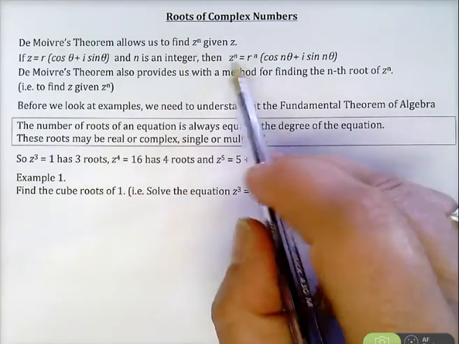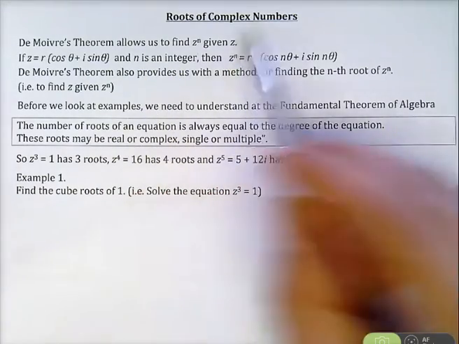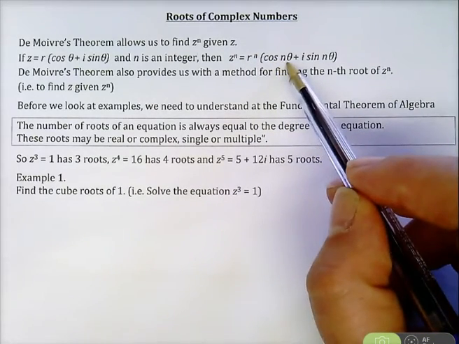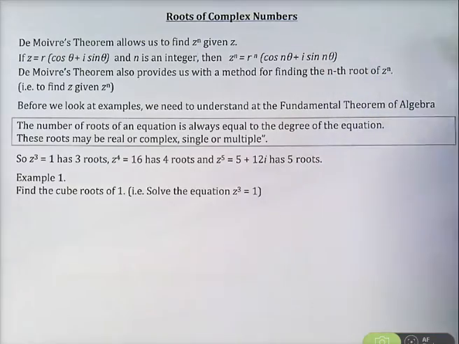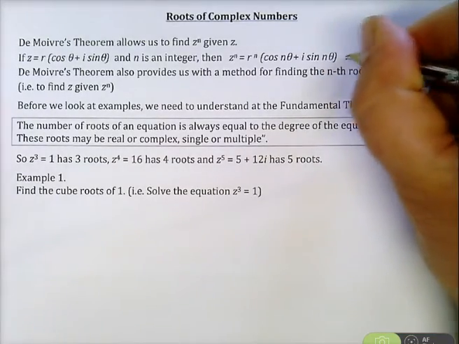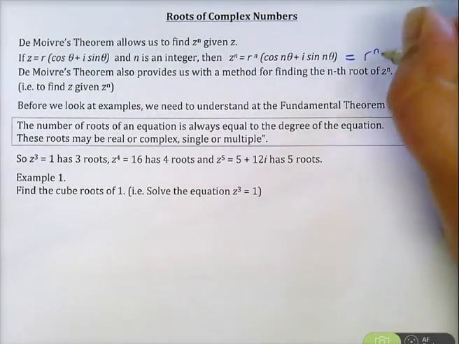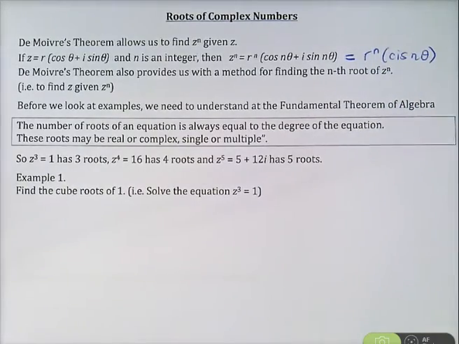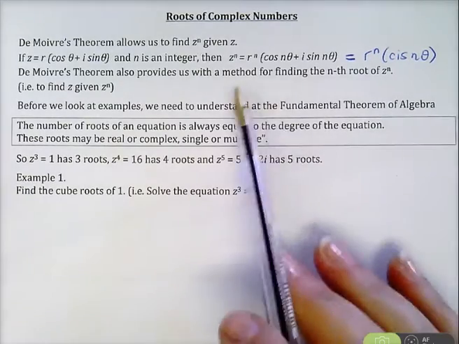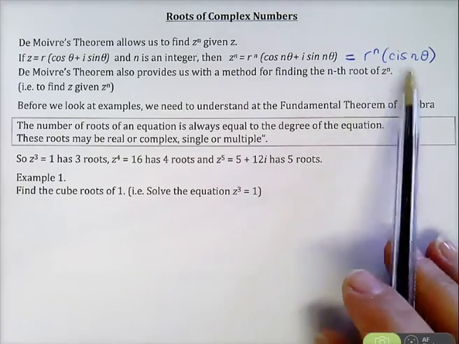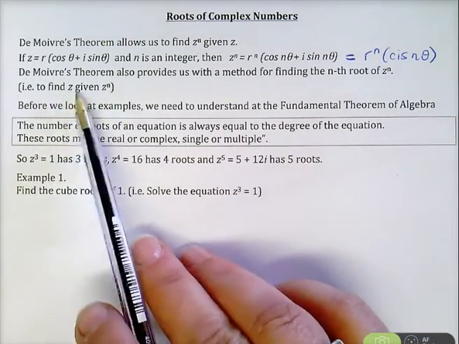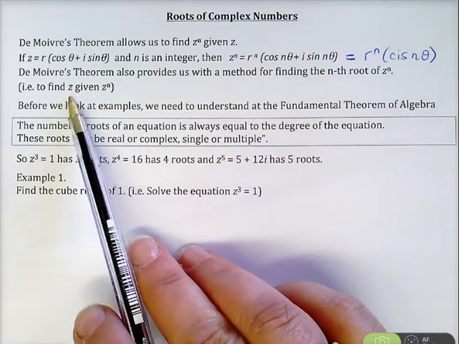and if n is an integer, then z to the power of n will be r to the power of n bracket cos n theta plus i sine n theta, or just that z to the power of n will be r to the power of n cis n theta. Now that's de Moivre's theorem. Now de Moivre's theorem provides us a method for finding the nth root of z to the power of n. That is, if you're given z to the power of n, you can find z,